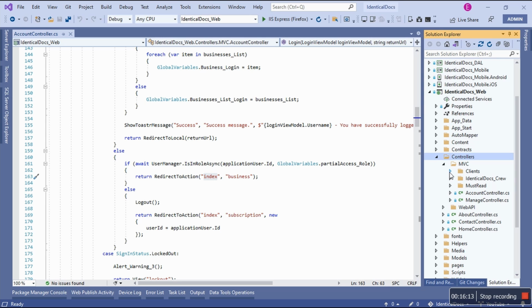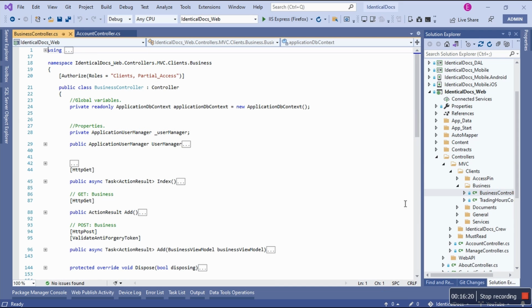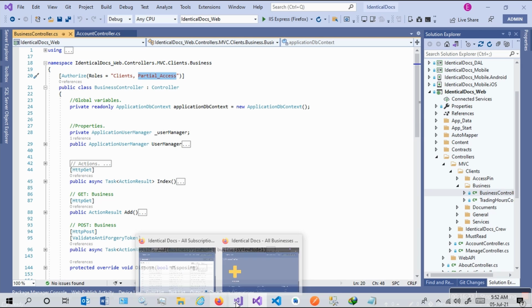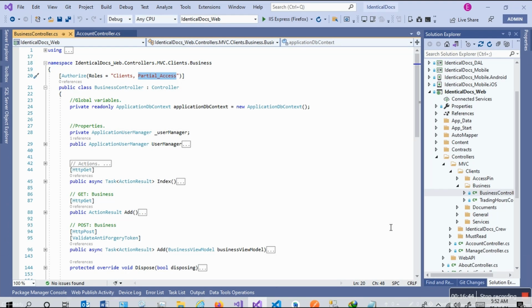So we're going to go to clients, business, and then here's a business controller because they share the same controller. There we go. You see, I can assign multiple roles for this controller to say, also let's have partial access. This is the only time that these people have been granted access. Also, this is very interesting to check something, that you see they don't have access to documents. They also don't have access to access pin, and I can prove that on one of the videos that we